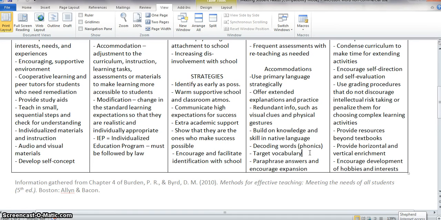Vocabulary is huge for English language learners. We need to be very careful about identifying the key vocabulary that goes along with our subject area, teaching those vocabulary words very clearly, and helping students to grow in that area, because that will help them to become more successful in English. And also to help them when they answer a question, we can say it back to them, sometimes in proper English or by adding the things that we think might be missing, and encourage students to expand,